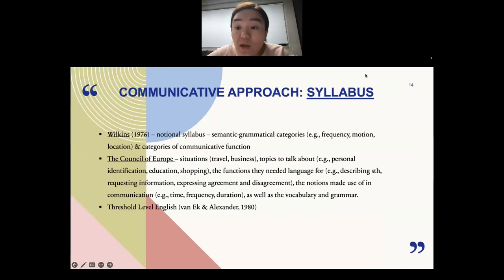Here, let's discuss the syllabus of the communicative approach, which was first presented by Wilkins in 1976. He mentioned a notional syllabus, where we had semantic grammatical categories, which include frequency, emotion, location, then categories of communicative function, such as requests, denials, agreeing, disagreeing. And then later the Council of Europe presented a syllabus which was based on situations, for example, where a language learner